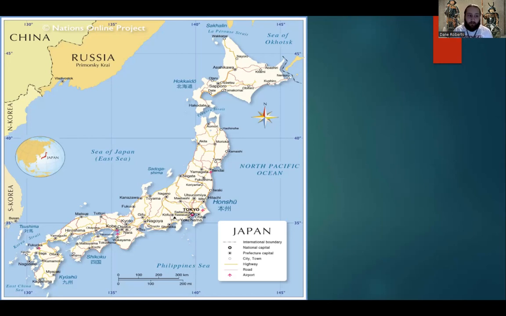However, again, much like Mongolia and China from the previous two videos, this is not the full picture. I mean, Japan did not always look like this. Sometimes it did in the past, but also sometimes it didn't. So, in order to get the full picture of how modern Japan began to crystallize into this form, we have to go back to the Sengoku period and other preceding periods to get some context.